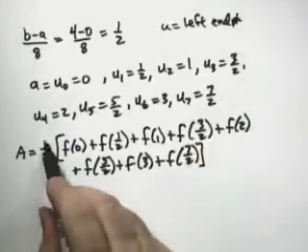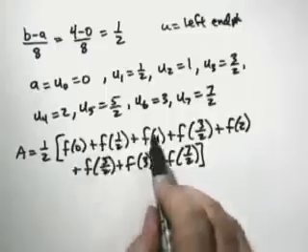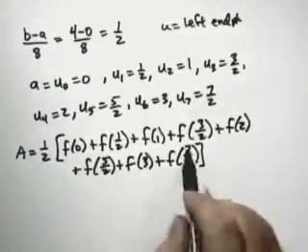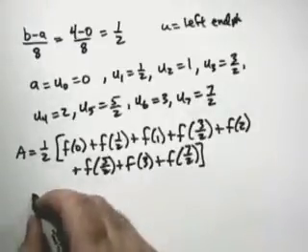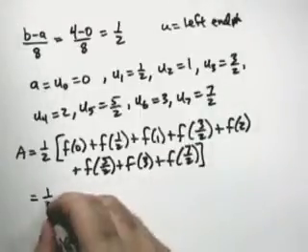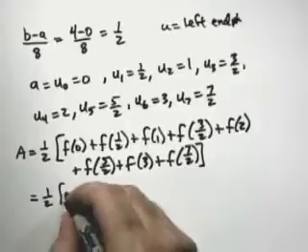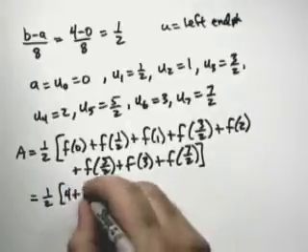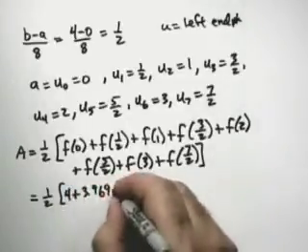This half comes from the width for each of our rectangles, and these are each the lengths for the respective subintervals. If we evaluate the function at each of these values for u, we'll have 1/2 times 4 plus 3.969